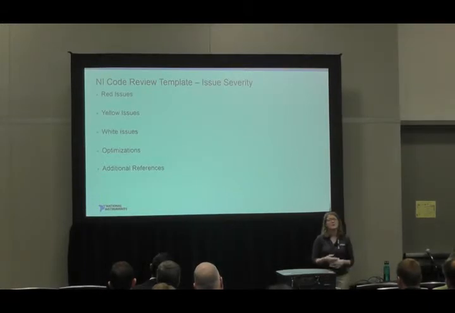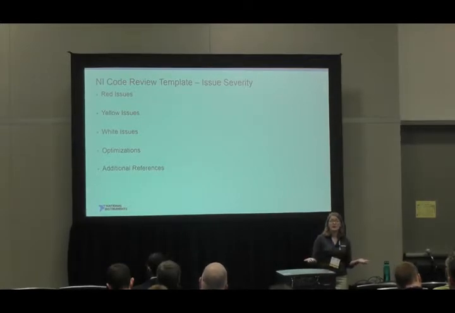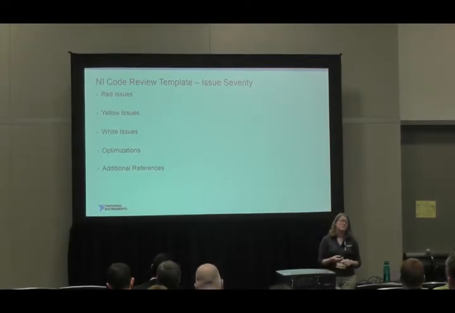So then within each of those sections, we classify issues with a severity. So red issues are things that will absolutely be a problem. These could be things like no error handling whatsoever. So these are things that need to be definitely addressed in the application going forward. A yellow issue is something that may be an issue and poses concerns for the longevity of the application. A white issue is something that may not be a problem long term, but it could be a best practice or